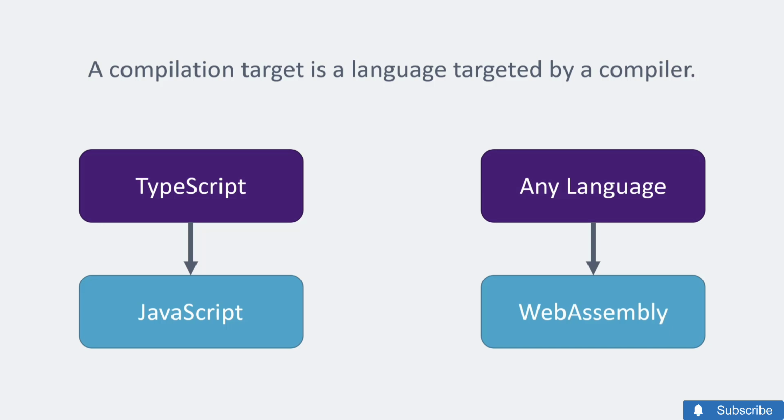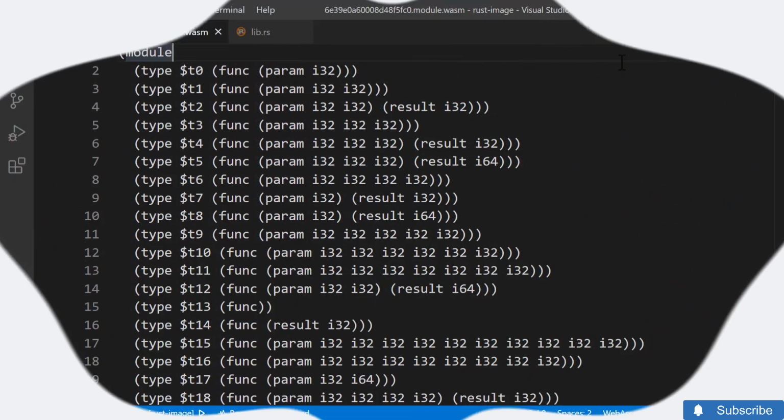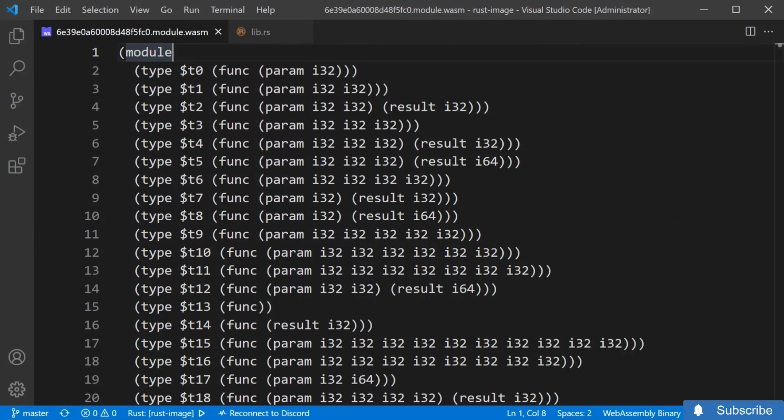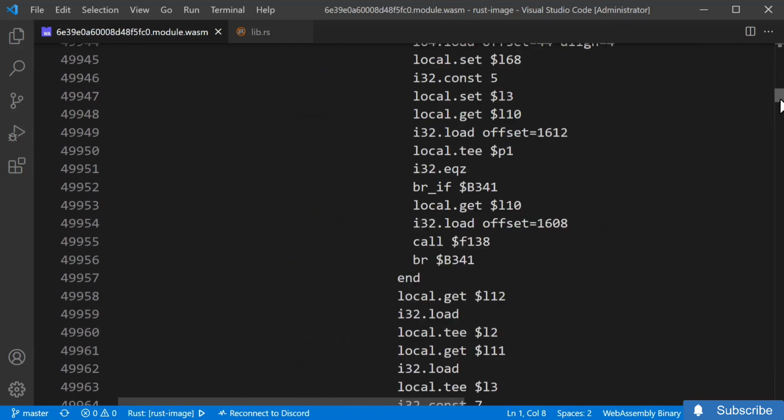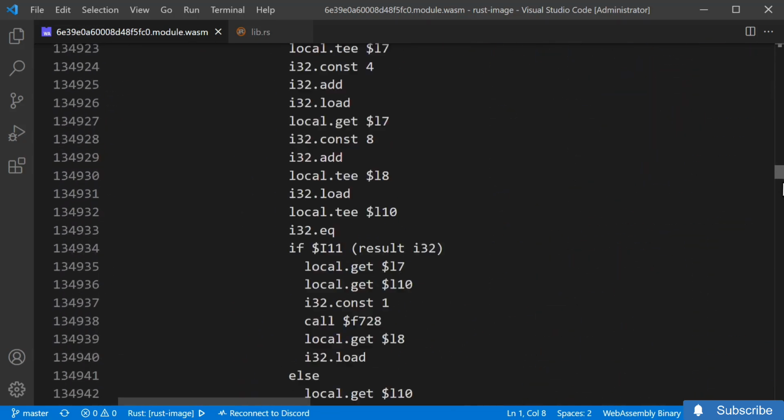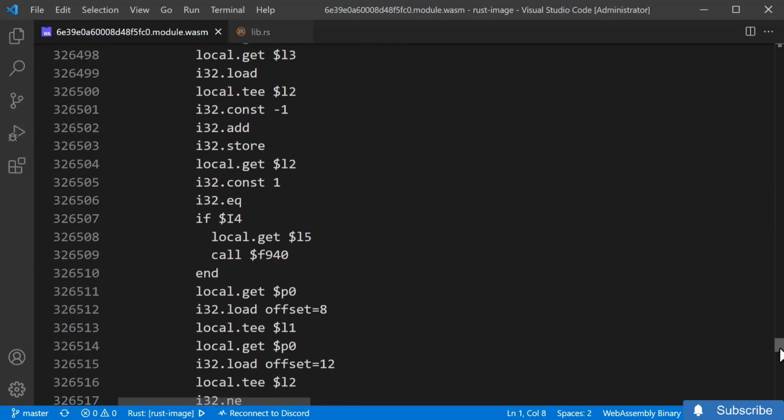Secondly, WebAssembly is not an easy language to learn. Let me show you an example of WebAssembly code. In my editor, I've opened a WebAssembly text file. This file is huge. There are about 400,000 lines of code. Even if I wanted to, I don't think it's possible to go over every line of code in a single